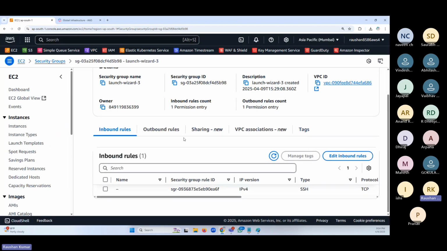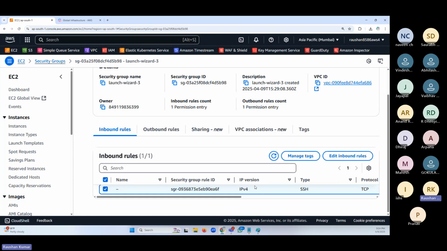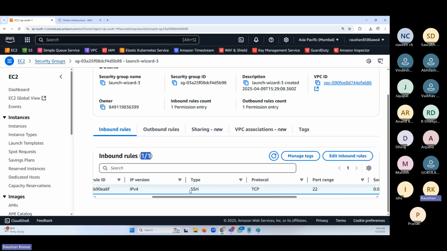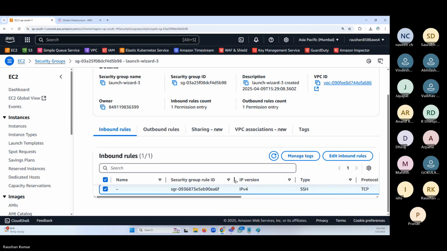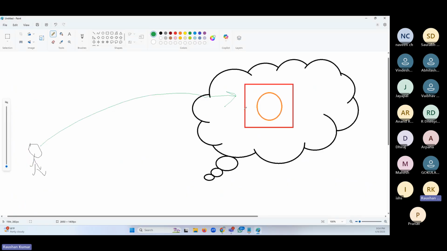So what you have done, you have given an inbound rule, you have given permission for SSH protocol on port 22. You have not given any other access. You have only given one inbound rule. If you mention it here, it means you are allowing. So you have let your bodyguard know, okay, boss, allow SSH traffic from anybody. This means anybody. Outbound rules, you have traffic going out of the server. You can meet anybody.